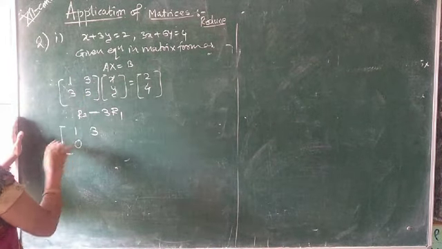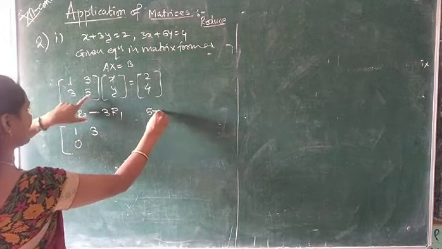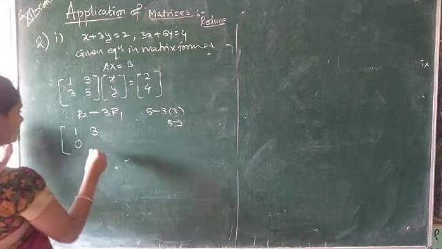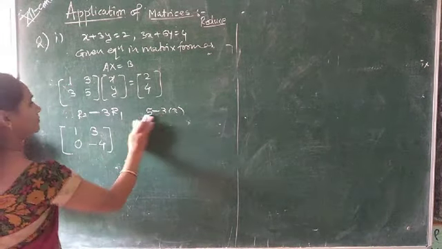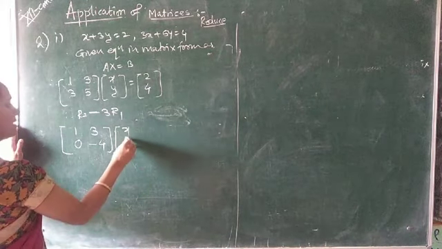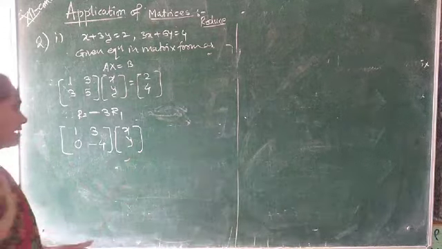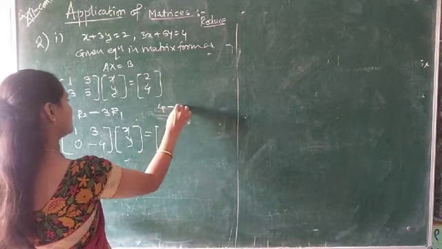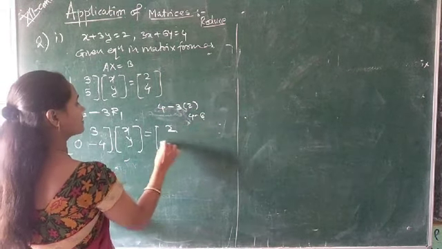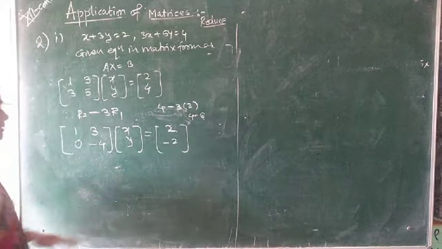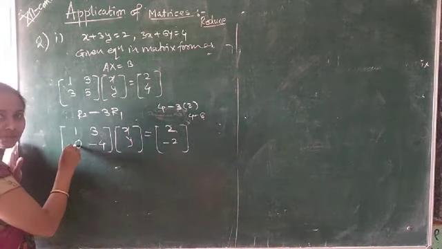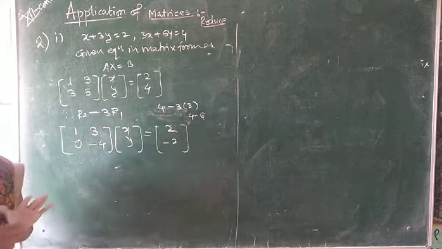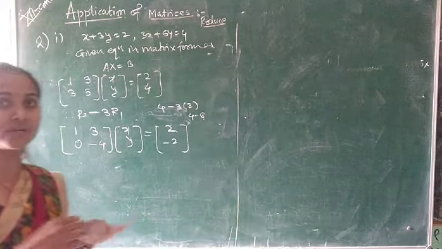3 minus 3, it is 0. Now see here, 5 minus 3 into what is the corresponding R1? 3 into 3, so 5 minus 9, that is minus 4. X1 as it is. Here don't change X1. 2 as it is. And what is here? 4 minus 3 into 2, that is 4 minus 6, that is minus 2. Now see here, we reduce the matrix. Here it is a 2 by 2 matrix, so we have to make only this element 0.